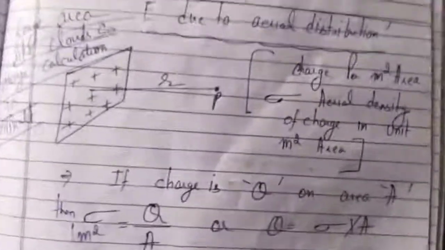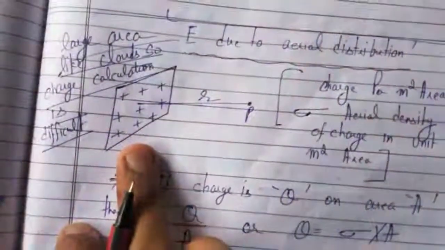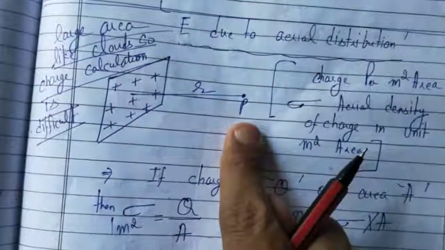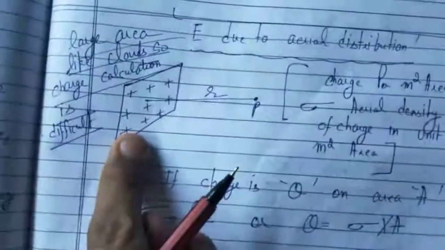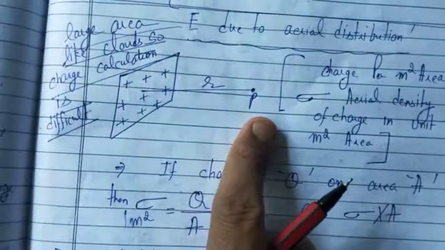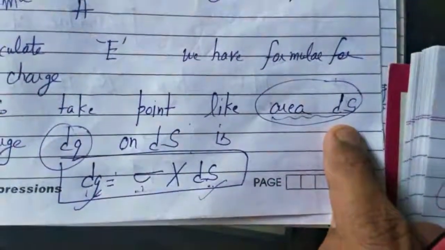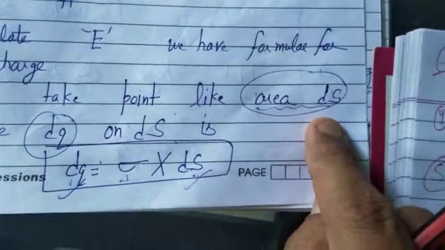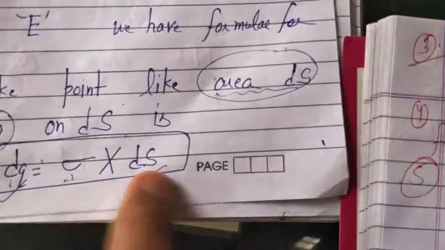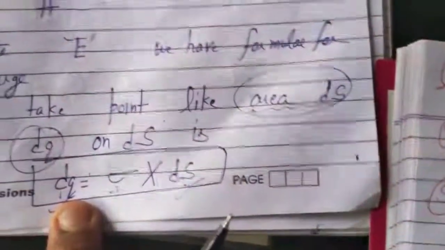So the concept is very much clear. Take it as an example of a cloud, or take it as an example of a wall. Your target is to calculate the electric field due to this whole area at distance r, but you are having the formula of only a point charge, so you will consider a small area that is equal to a point charge only. And in this small area, what is the charge? Sigma into ds. Sigma is the charge for 1 meter square area, so for ds area it is sigma into ds, and that charge we are denoting by dq.